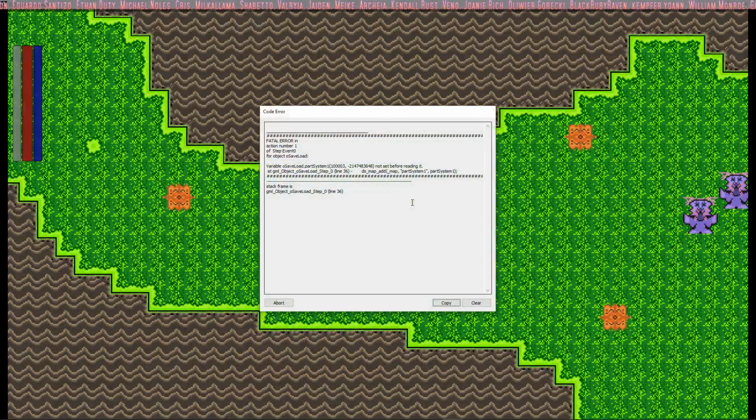Yeah, so it works. Switching it out of S works, but it's trying to say